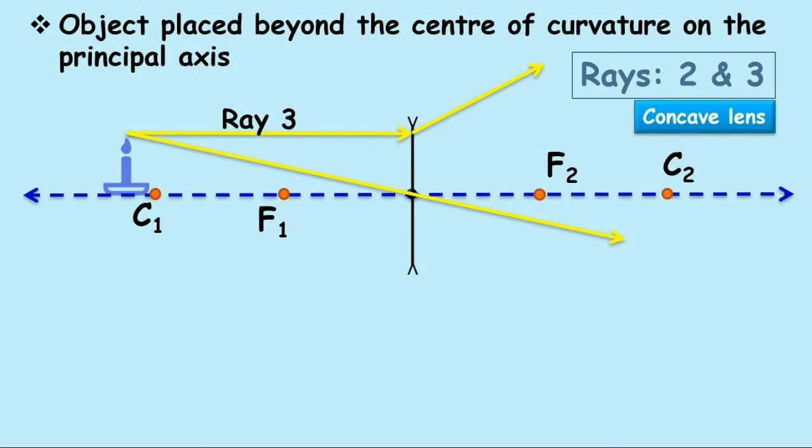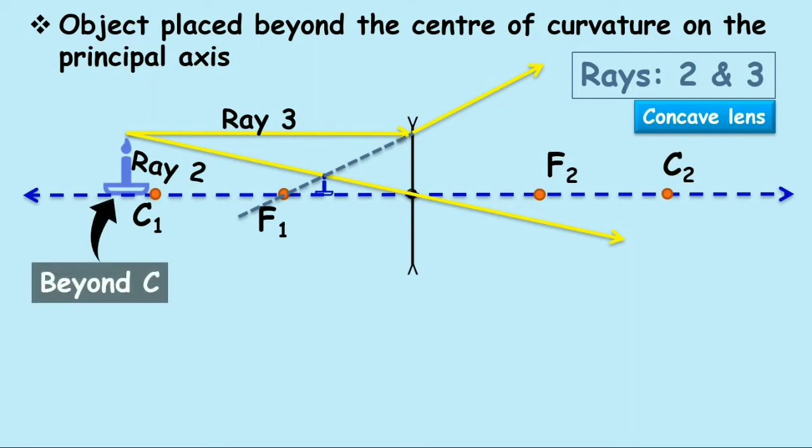When we check the ray diagram, there is no interaction of the rays at all. They are diverging from one another. To make them interact, we extend back the ray 3 after refraction. The dotted line represents the back extension of ray 3, and this ray 2 and the extension of ray 3 meet at a point. From that point, draw a perpendicular line onto the principal axis, that will give the image.